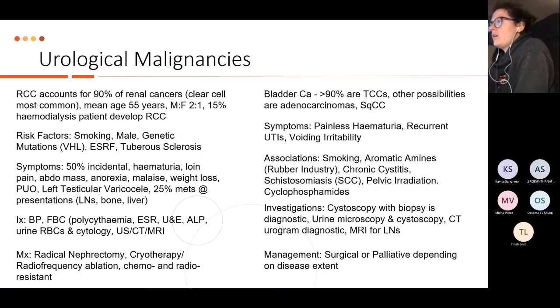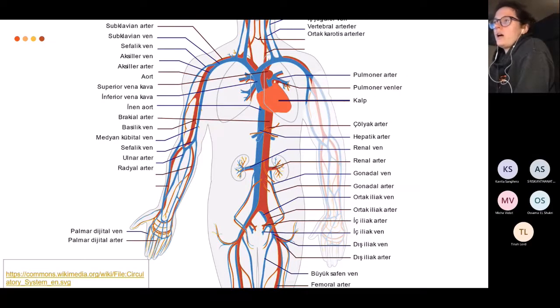So just quickly on the anatomy, sorry, it's in another language, but that's what was free on the internet. Basically the left-sided gonadal vein joins the left renal vein and then drains into the IVC, whereas on the right side it drains directly. So if you have a mass in the kidney, it can compress that gonadal vein, and therefore you get a backlog, and that causes a varicocele, which you can get on the left side.